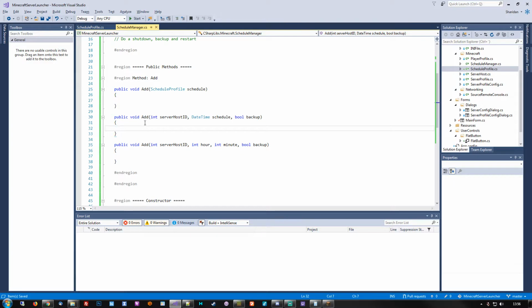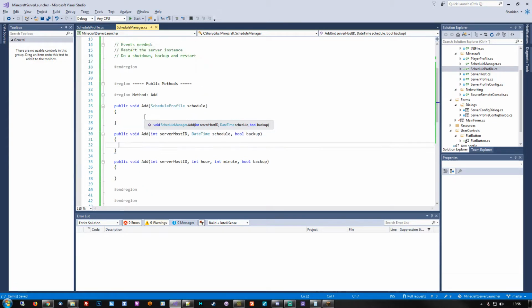We could also rename the add method to either be named something like add backup or add restart in case we want to make it that specific. I kind of like this approach a little better, so we'll stick with that. Right. Now to add these,